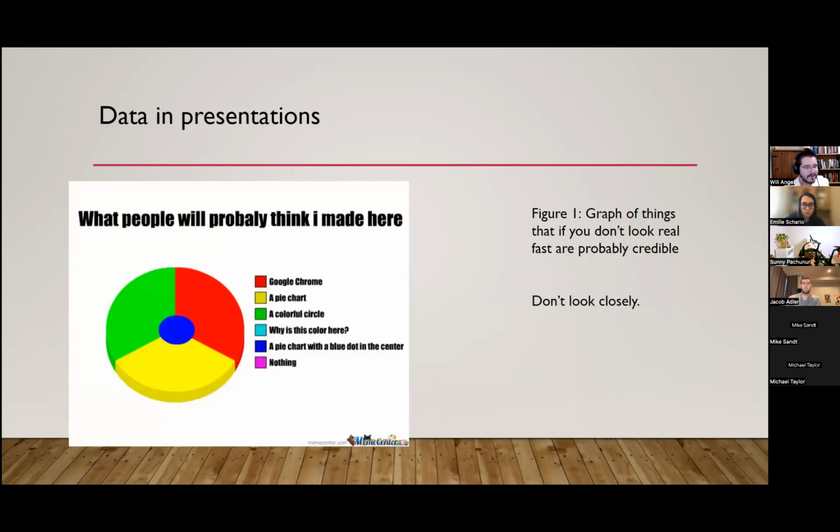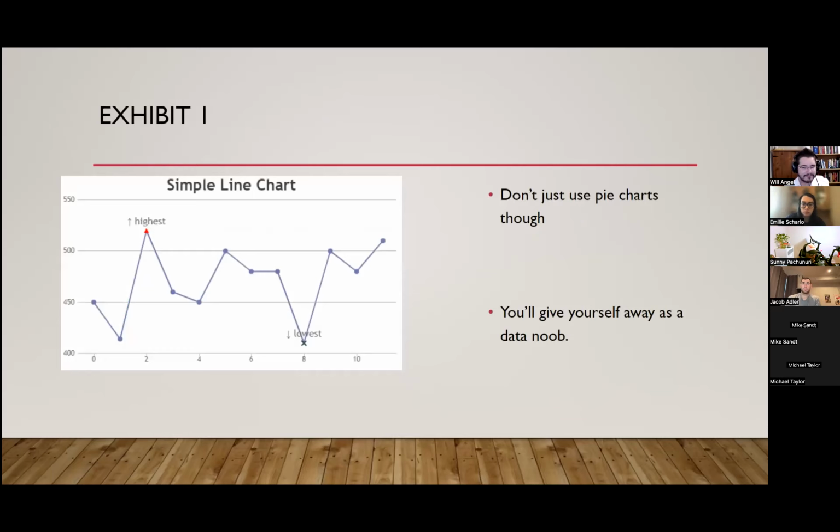If you use graphs that distract, again, that will make it so that people can't see what's going on, and you risk successfully having an effective presentation. So again, use data thoughtfully to do a good presentation, or just throw stuff in there to do a bad presentation. Again, pie charts, at this point, everyone knows that pie charts are passé. So make sure you use things that are more advanced than a pie chart.